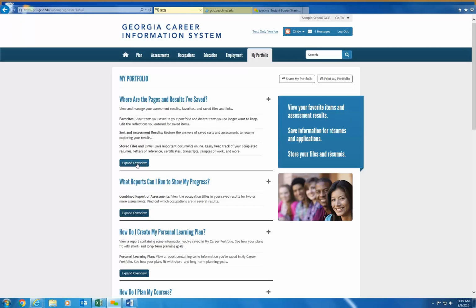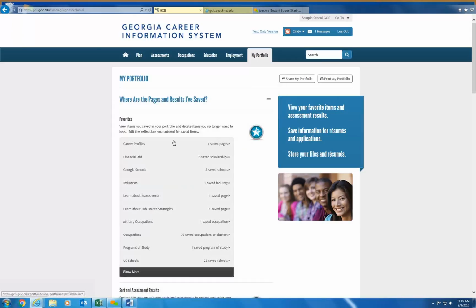If I want to see more information about that, I have an opportunity to click on Expand Overview of this area, or I can click on the little corresponding plus sign. Just as a demonstration, I'll click on the plus sign. Under my favorite items that I've saved individually, I have 4 career profiles.